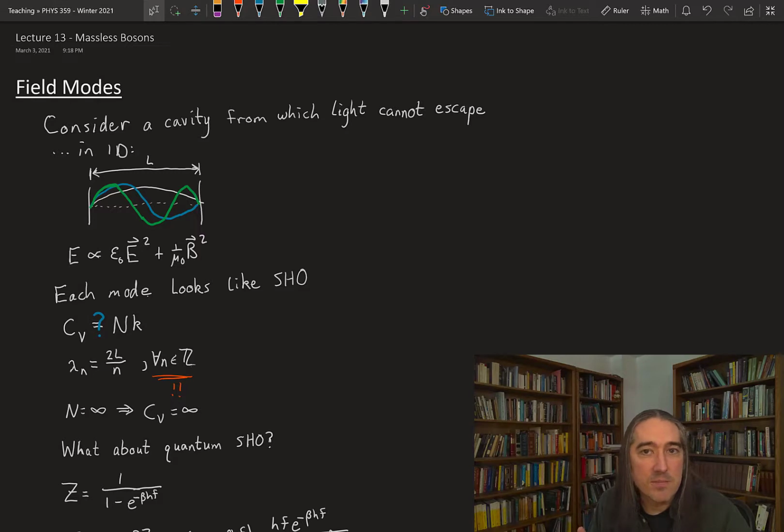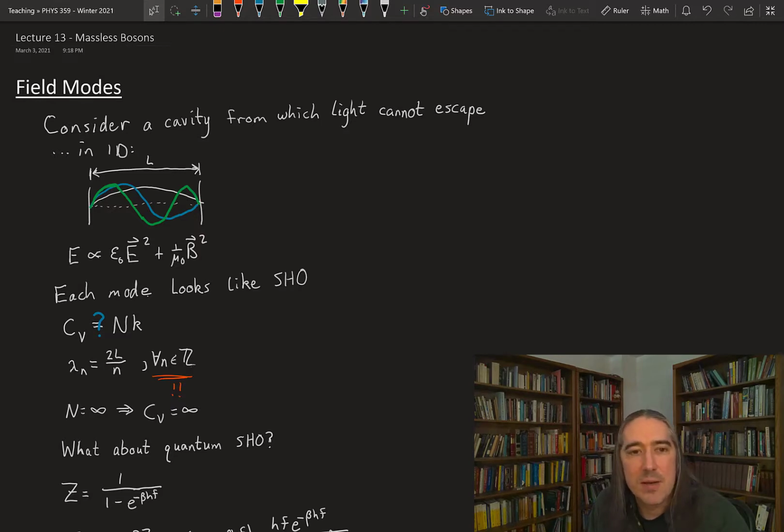So let's start in 1D. A cavity in 1D is just two mirrors. Okay, so light can bounce back and forth. And when I say light here, what you should really be hearing is electromagnetic radiation. So it doesn't have to be in the incredibly narrow band that we can actually see with our eyes. It could be radio waves, microwaves, infrared, ultraviolet, sort of any part of the electromagnetic spectrum. And in fact, we're going to do integrals over frequency that cover the entire electromagnetic spectrum. But that's a mouthful, so I will be saying light.